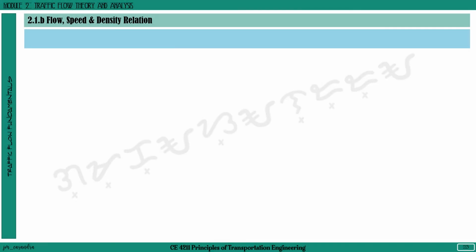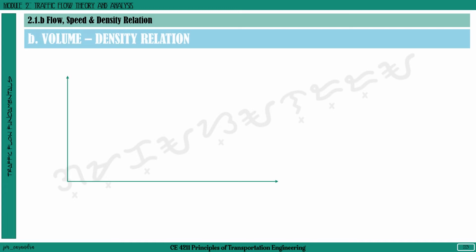So next relation that we are going to define is the volume-density relation. So again, we will represent this through a graph with the y-axis as the volume and the x-axis as the density. So the relationship now between Q and K will be a parabolic relation. And from this graph, the maximum point now of our curve is what we call your Qmax, or maximum volume. And this maximum volume now will usually happen at what we call your K sub m,